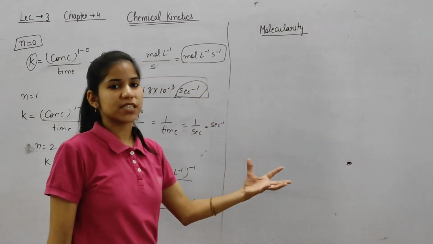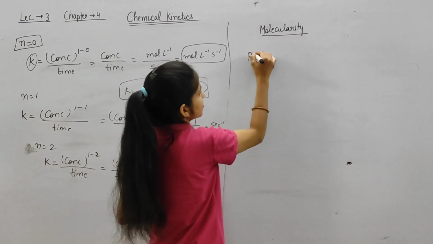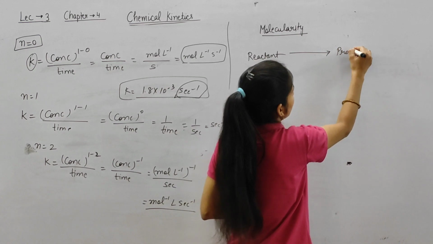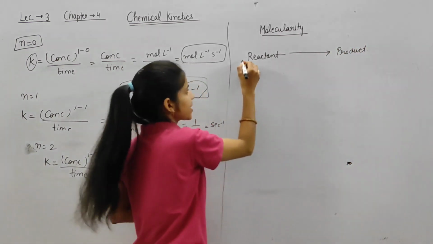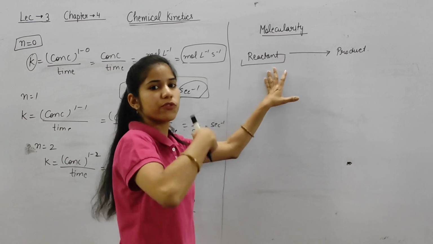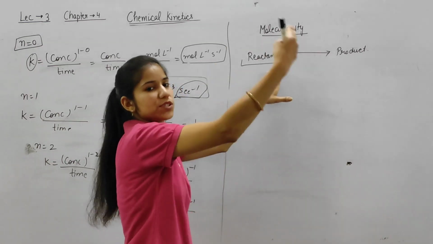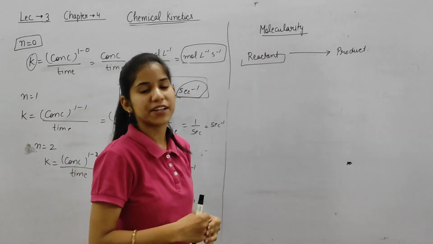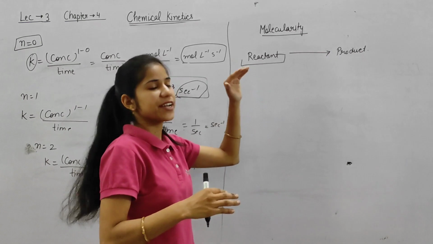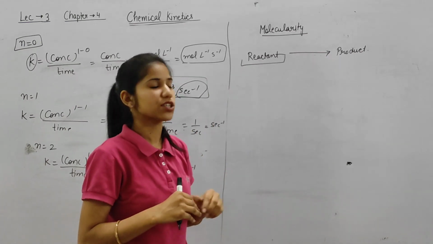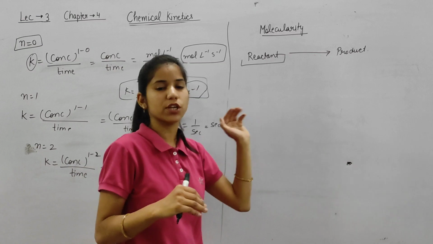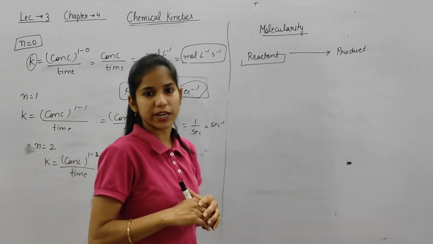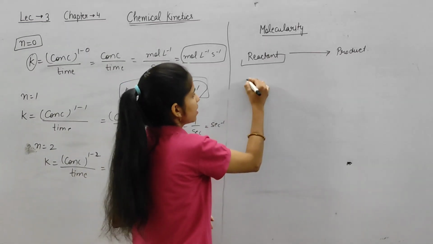So molecularity is basically, we are having reactants, and these are converted into product. So the species that take part in terms of reactant, or these decompose. So the term molecularity we are using in elementary reaction. We can take only elementary reaction for molecularity, meaning a single step reaction, or we can say the rate determining step gives molecularity. For example, we are having